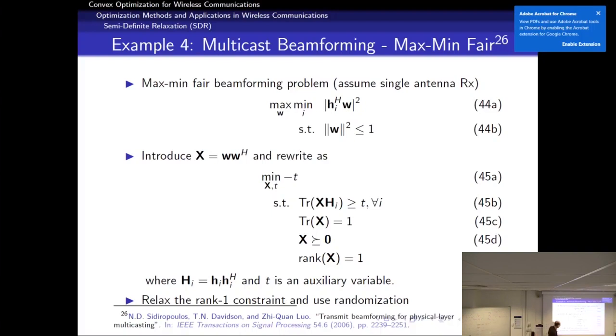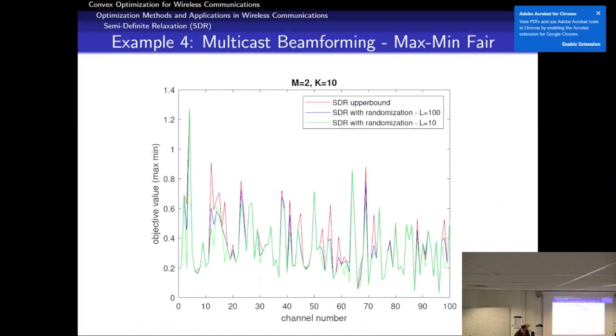Okay? Same trick: remove rank 1, solve the problem, get your x, and then create your vector w based on randomization, that has a covariance matrix equal to x, and you generate multiple realizations of this. And so this is what you have here again: your objective value is max min, so you want to maximize this quantity. So the SDR upper bound is when you relax the problem, you don't have the rank 1 constraint, and the blue and green one is when you do this randomization, and when you have more